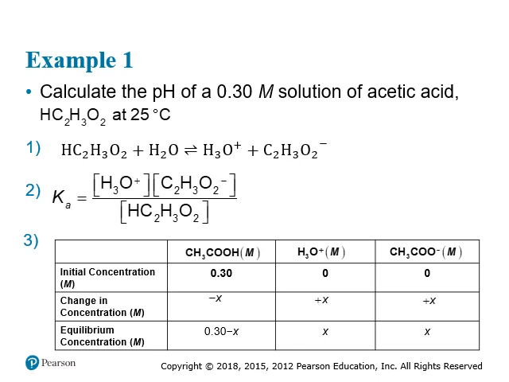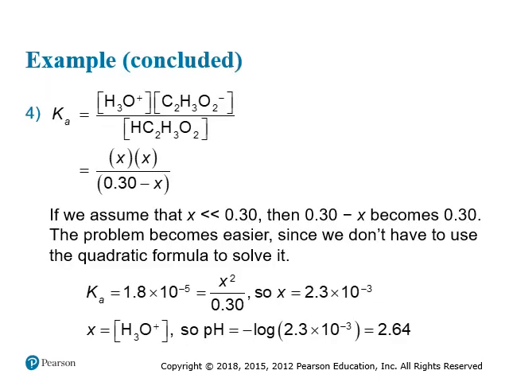Finally, we set up this ICE table, which suggests that the equilibrium concentration of our three substances are all reflected by that change that we call X. But here's where things get a little different for us. When we set up the equilibrium constant expression, when we input those equilibrium concentrations into the expression, we can now make an assumption. If we assume that the amount of acid that dissociates is very, very small, in the last instance we saw 4.2%,